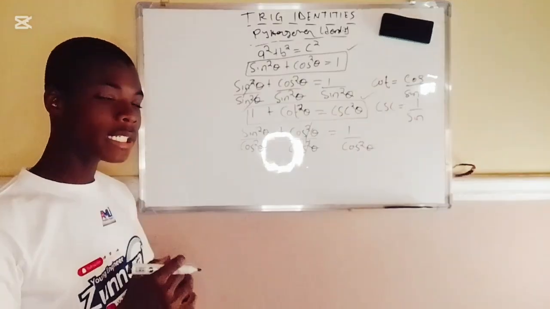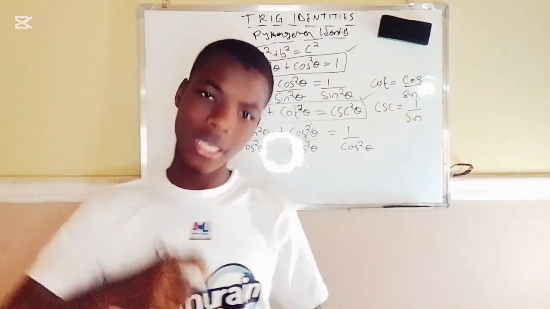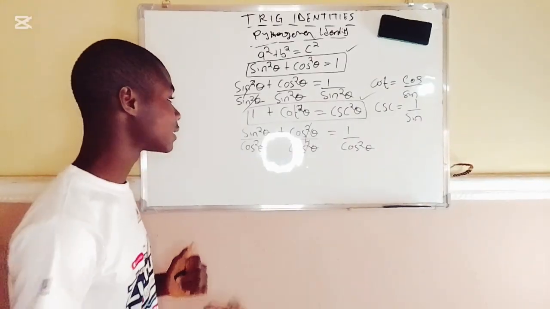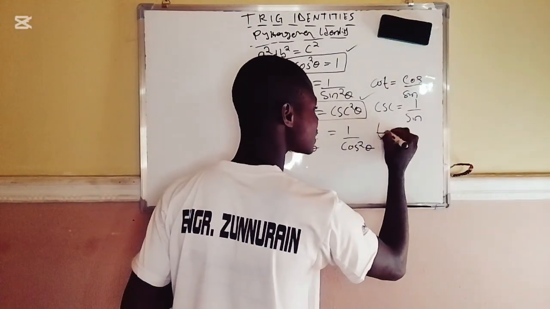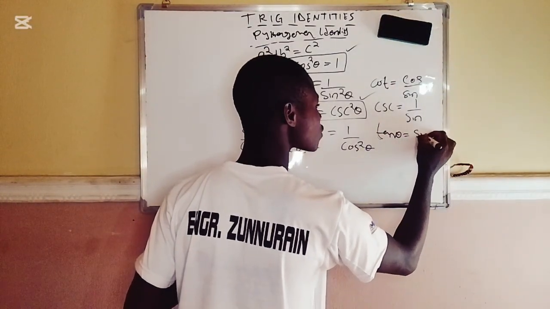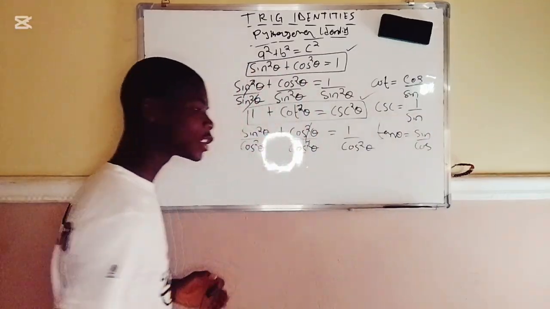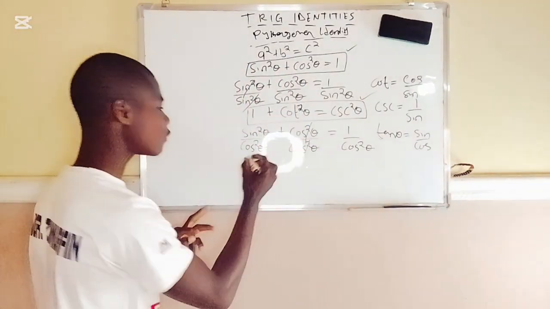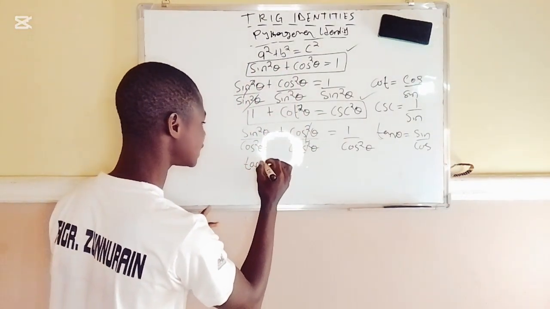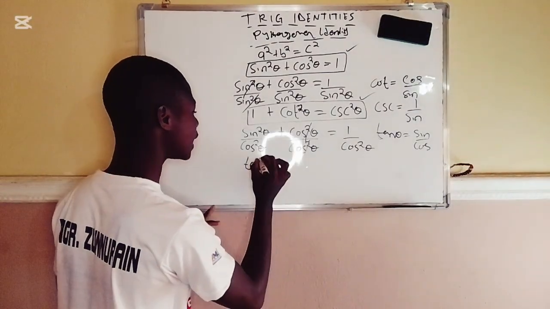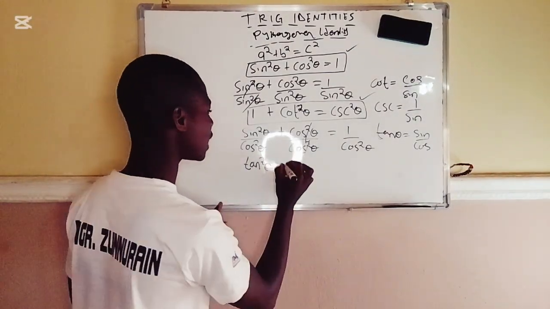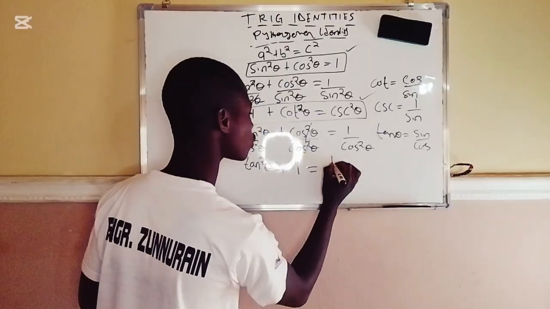Sine theta divided by cos theta gives tan. As I said, tan theta is the same thing as sine over cos. So this will be tan square theta plus 1, equals